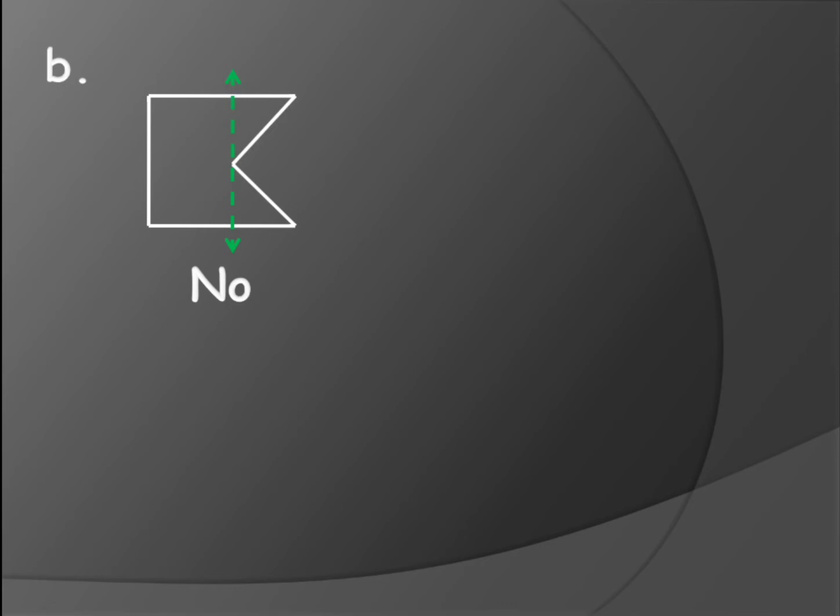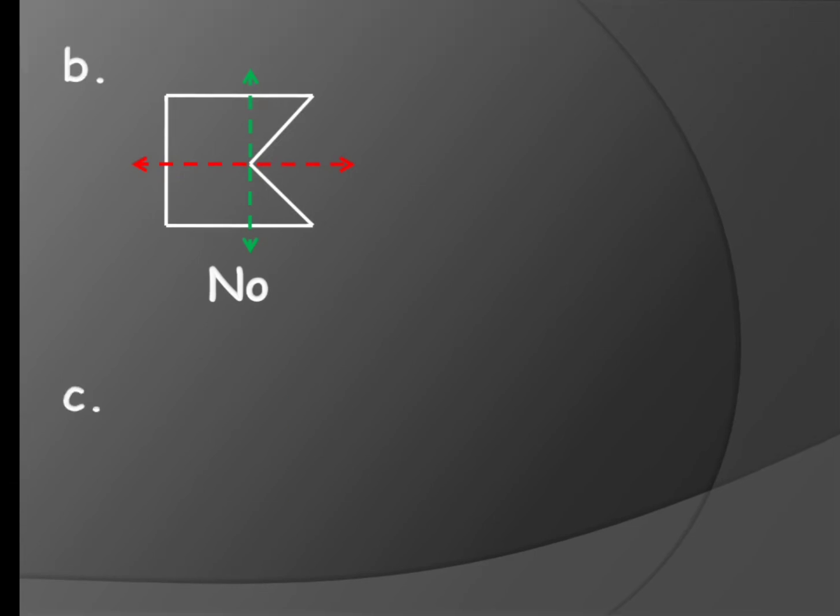Try to draw a line of symmetry for this shape, children. If you draw a vertical line anywhere here, it is not a line of symmetry. But if you draw a horizontal line like this, then it might become a line of symmetry. How? If you see above the line and below the line, the shapes are the same, isn't it, children? So this is the line of symmetry.